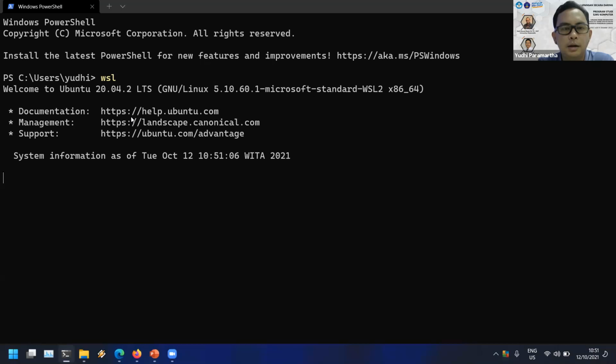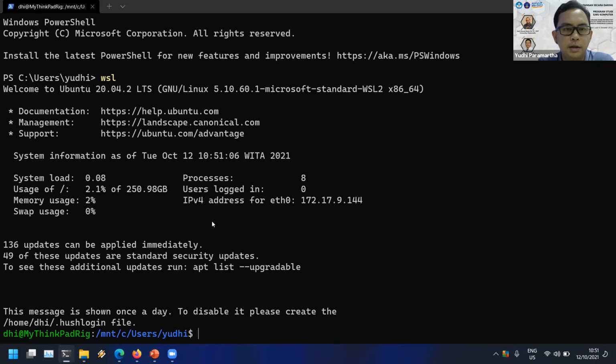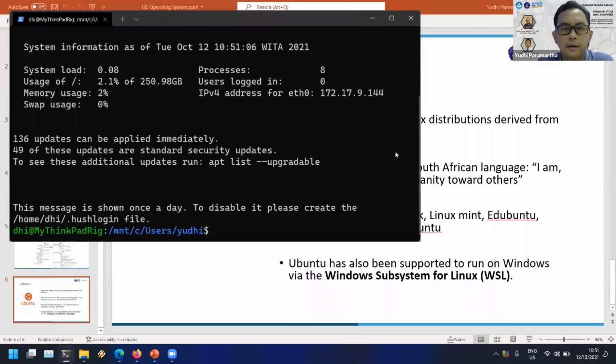It needs several seconds to launch, so I am already using Linux on my computer without a virtual machine. But actually, it uses the Windows Hyper-V virtual machine to run WSL.